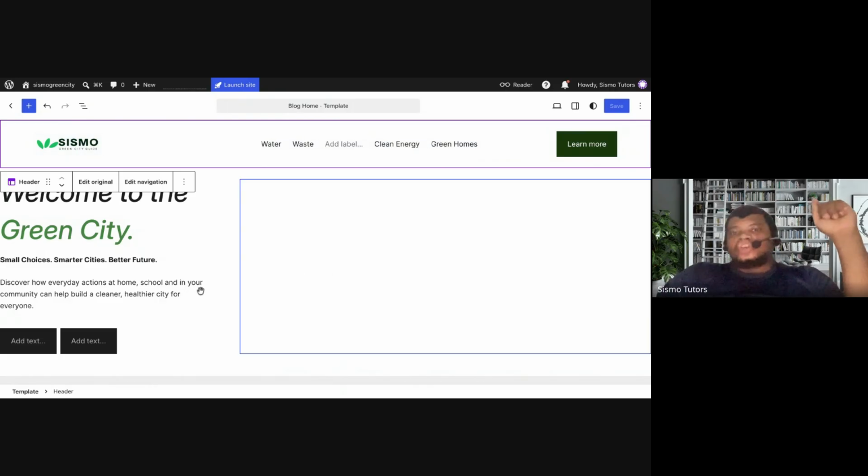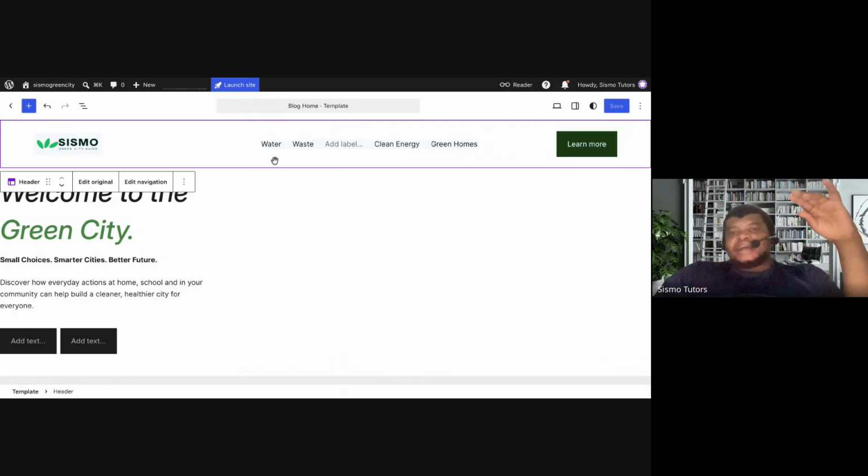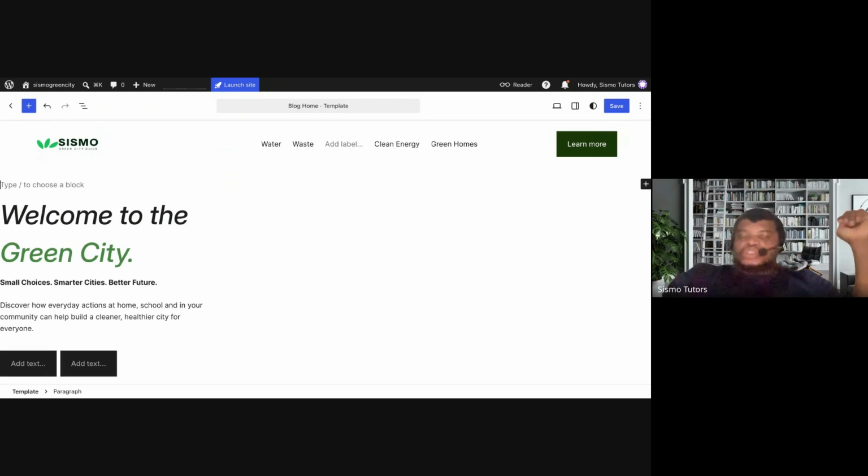To create this column directly, click on your navbar outside any text, on the empty spaces, and press enter on your keyboard. When you press enter, it will open up this block